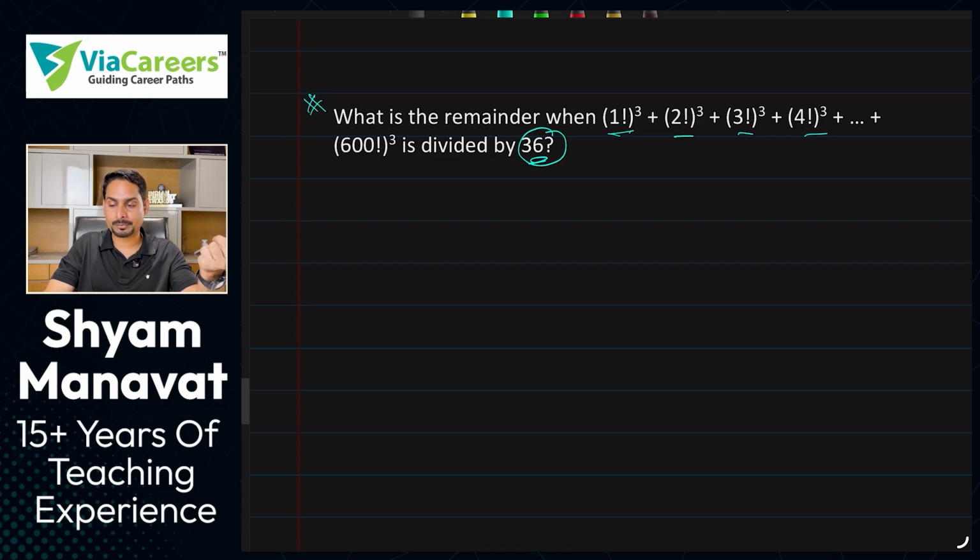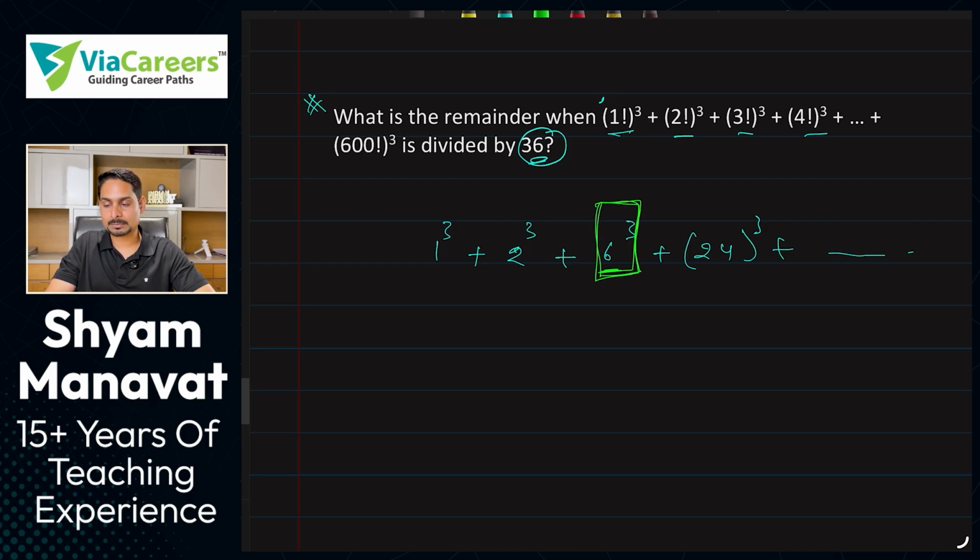Okay, so you need to focus on what? The ones not having 36. तो किस में 36 नहीं है वहां पे फोकस करो. ये क्वेश्चन तो बहुत सिंपल है, इसमें पिछले क्वेश्चन जितना कोई कॉम्प्लिकेशन भी नहीं है. So here if I say 1 factorial is 1, 2 factorial is 2, 3 factorial is 6, this is 6 cube, 4 factorial is 24 cube. Now you can understand here itself, देखो ये this itself has 36.